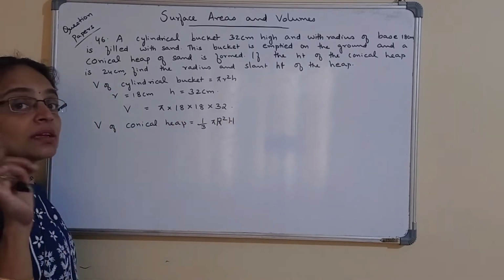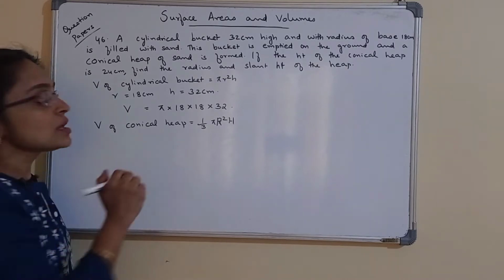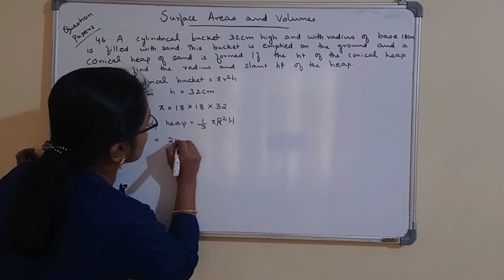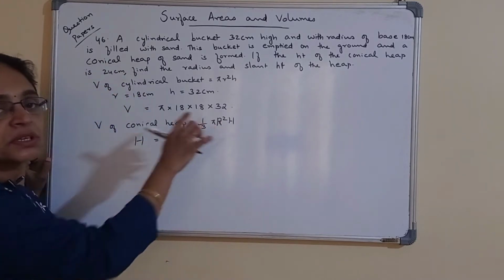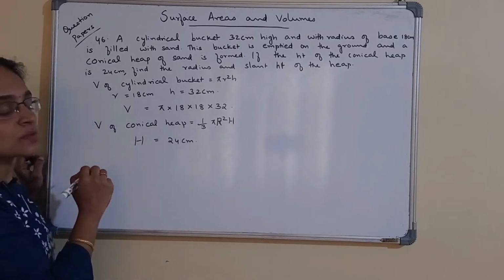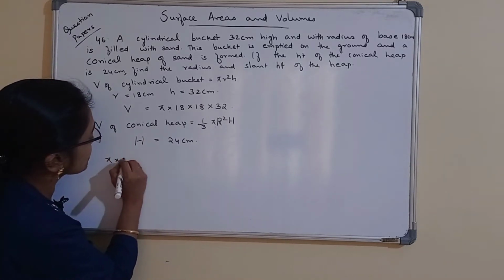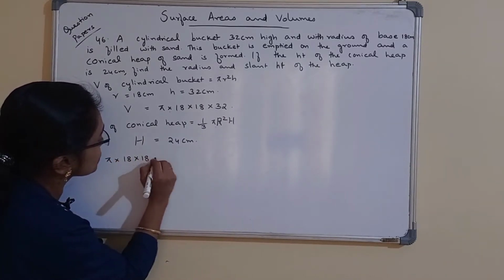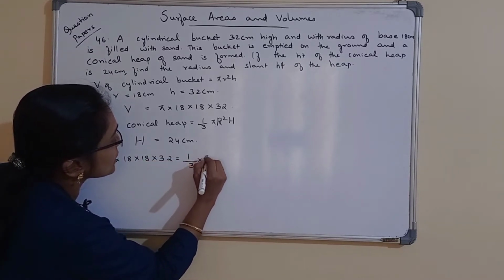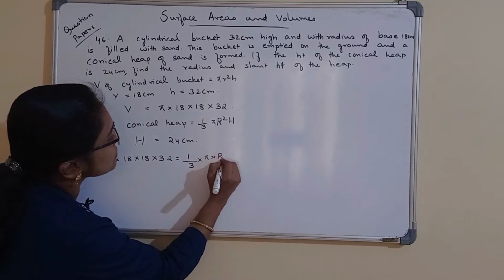1 by 3 pi capital R square h. And height of this conical heap is 24 centimeter. We have to find capital R. And we know that this volume is equal to this volume. That is pi into 18 into 18 into 32 is equal to 1 by 3 into pi into r square